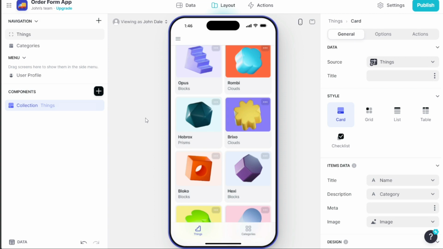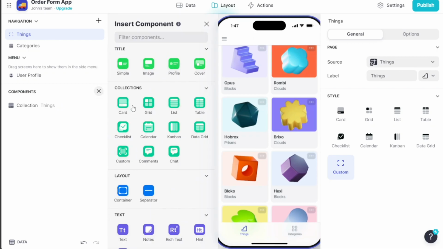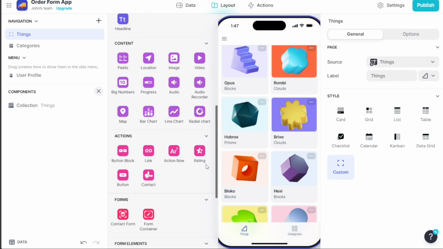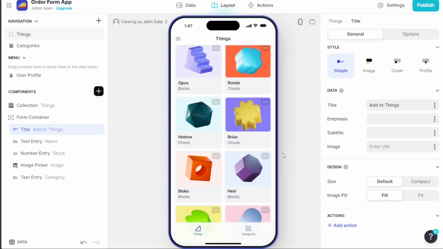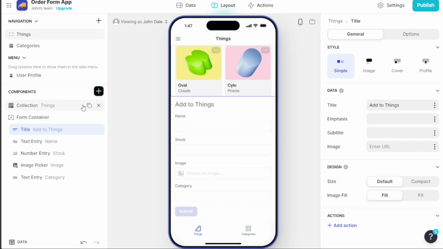The Glide editor is where the design magic happens. Since our objective is to create an app with order forms and texts, we will add a form component. To do this, navigate to the left menu and click on the plus button next to the Components option. A sidebar will appear with different components. From here, scroll down to the Forms section and select the Form Container component. This adds the form to your app, and you should now see it under the Components section in the left